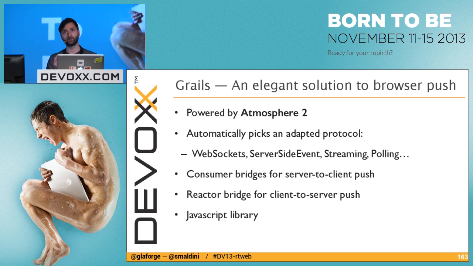So this adaptive protocol is quite interesting, and with the browser market today, you're forced to use this kind of technique. Either it's something like Atmosphere or the major challenger, which is SockJS. So if you don't use one of them, you might go in trouble, or you just discard a user base which is using an older browser, for instance. And also, Atmosphere 2 goes further, for instance, compared to SockJS, because